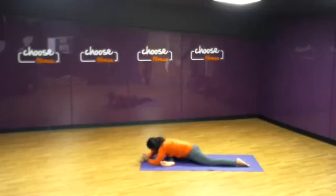Walking the hands forward, resting the forearms, the forehead onto the forearms or on a block. Extend the left leg as far back as you can. Relax your upper body. Keep breathing deeply. So you have the option to stay here, or